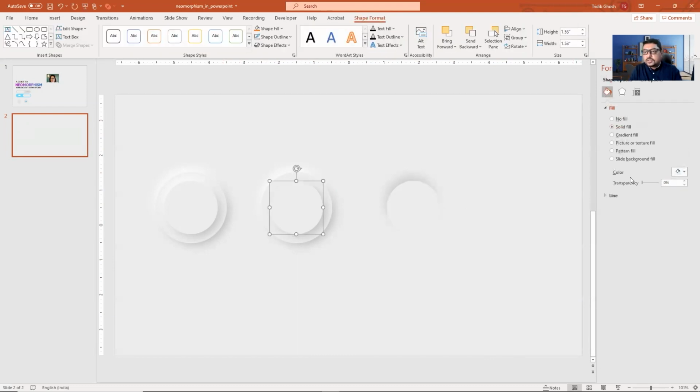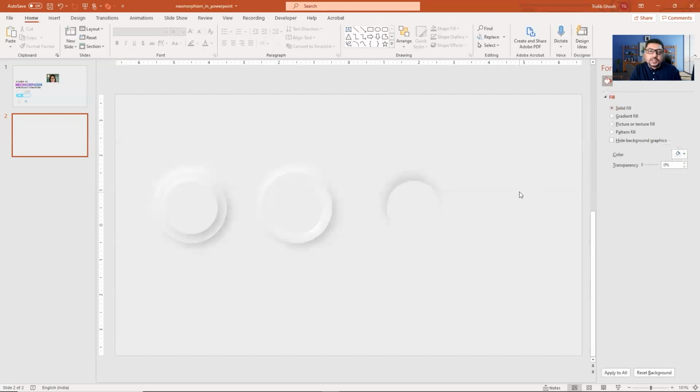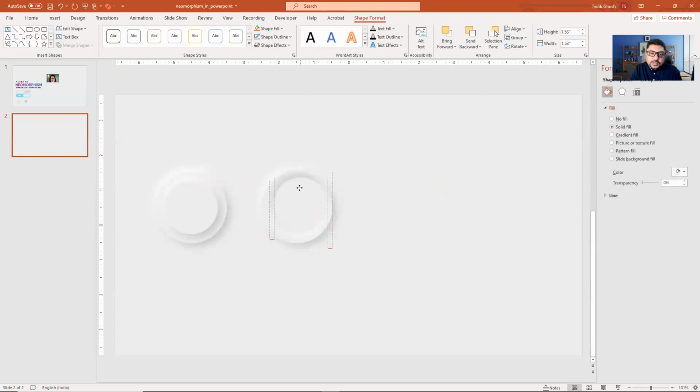And this one, we will have to have a lighter tone. 45 is okay. Distance is okay. Transparency needs to be a little lower so that the color can be seen.